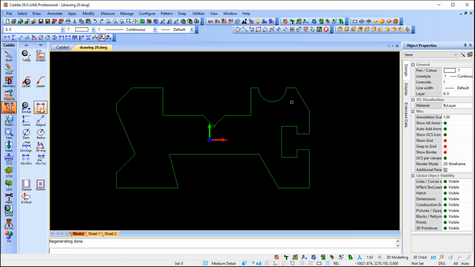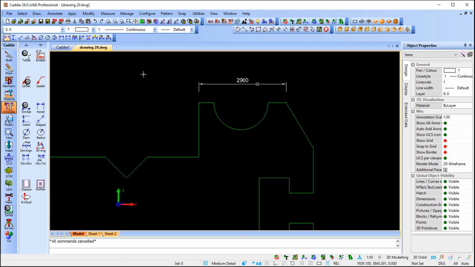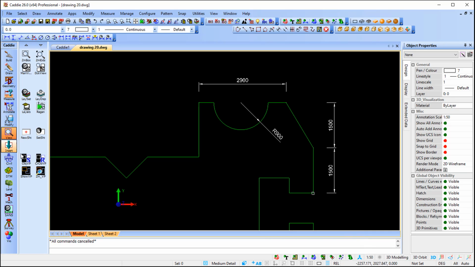So I'm going to start off with a horizontal dimension. I'm going to zoom in and I'm going to do my dimension. Remember, you can also make use of your context toolbar. So it's very handy. And I'm going to do a vertical dimension. So now I've done my dimensions using a style, but it's also annotative. And at the moment in my model space, it gives me a presentation at the scale 1 and 50. So if I'm going to create a viewport now,